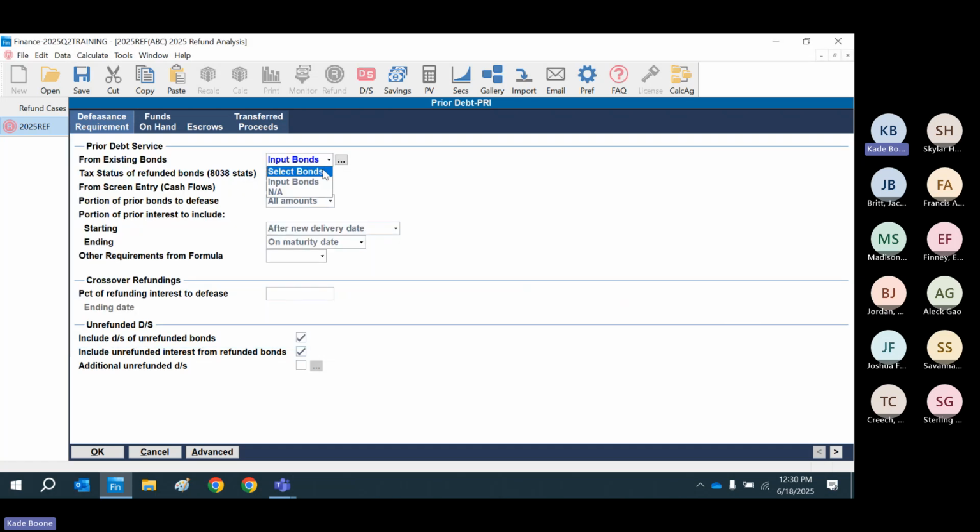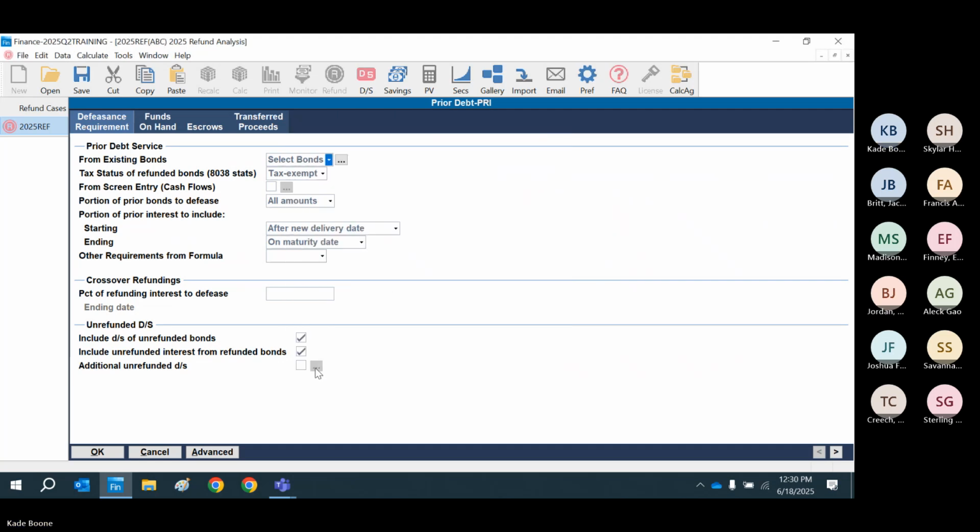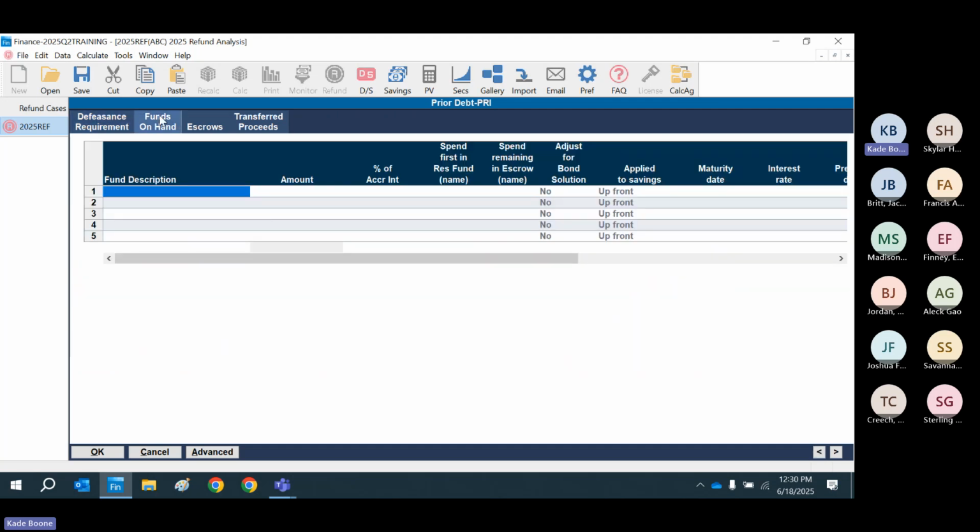So most times it's going to be the default, select bonds. You're going to select the bonds you want to refund, right? And you're going to click OK. It's going to be really as simple as that. I'll show you in a moment, funds on hand. This is really more for the advanced. But so as you can see,